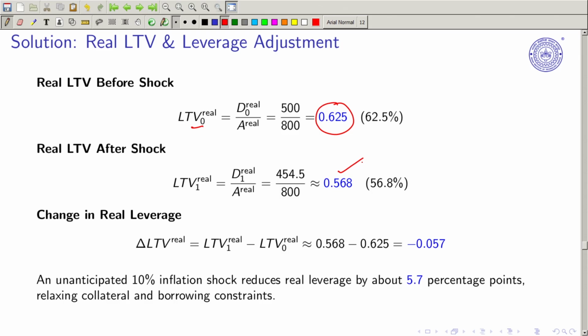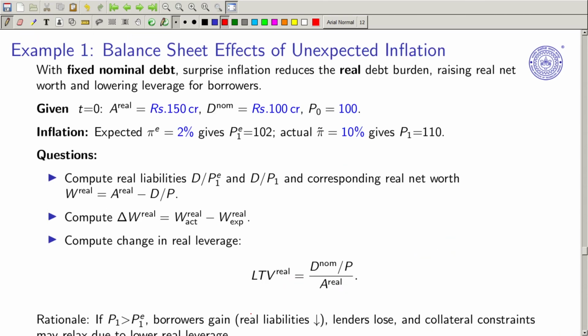So the change in the real leverage, you can just subtract: 0.568 minus 0.62, so it has declined by 5.7%. So an anticipated 10% inflation shock reduces real leverage by about 5.7 percentage points, relaxing collateral and borrowing requirements. It means that if you have collateralized your home or any kind of fixed deposit, this will be adding this 5.7 percentage point. Balance sheet effect of unexpected inflation: with fixed nominal debt, surprise inflation reduces the real debt burden,